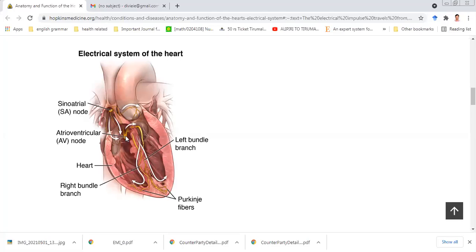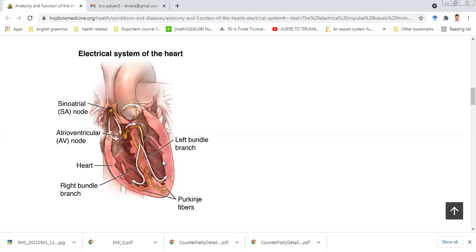This yellow one is known as the AV node. The pulses generated at the SA node will travel to the AV node, and similarly these pulses will travel to both the atria, and from the atrioventricular node, the pulses will